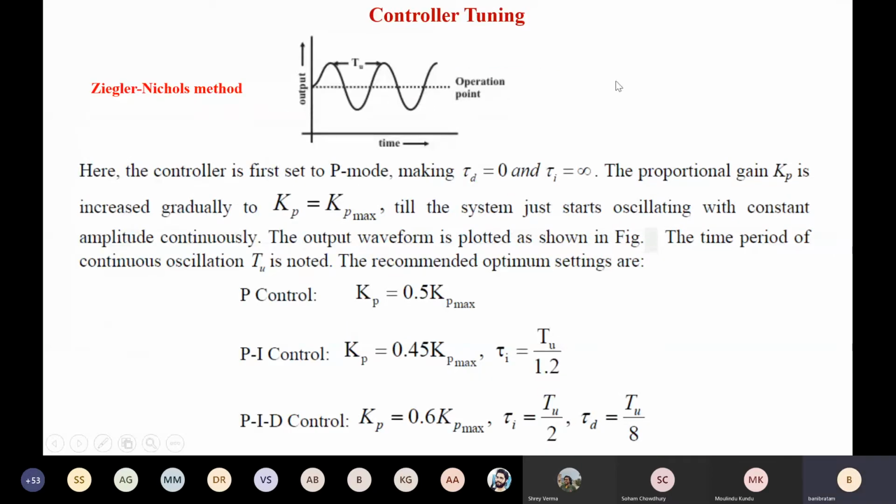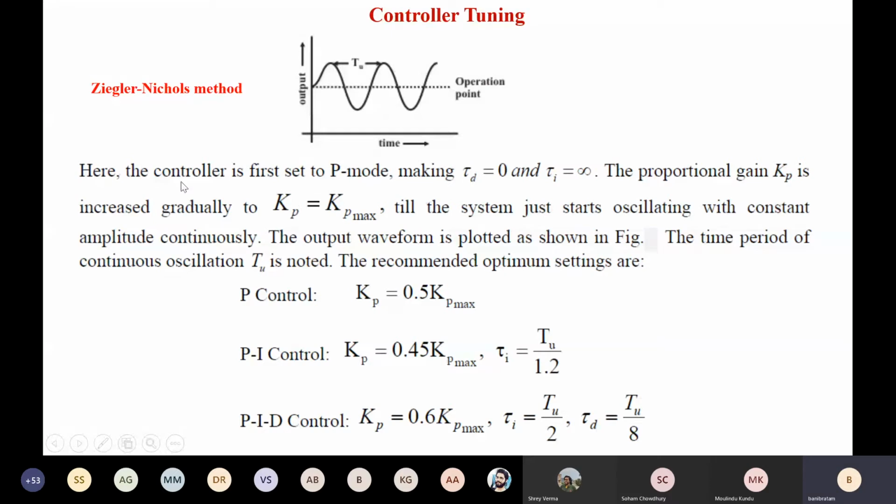So there are different types of controller tuning methods. One method is known as the Ziegler-Nichols method. This method's name has come from the names of the researchers Ziegler and Nichols. Now, please remember that this method is not universal, and it is not the only method. You have a lot of other methods. We are discussing just one method, for example. The tuning of Kp, tau I, tau d is also not universal, so a couple of trial and error calculations are also required to arrive at the specific value. So just as an example, we are discussing the Ziegler-Nichols method.